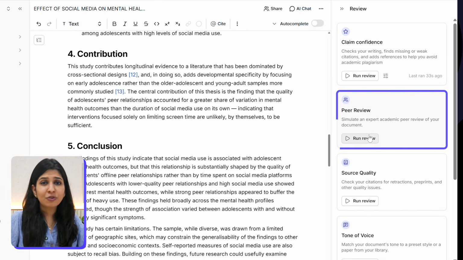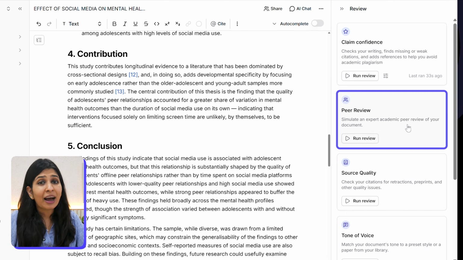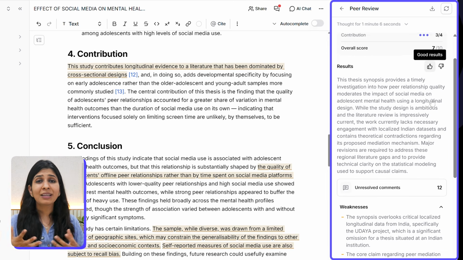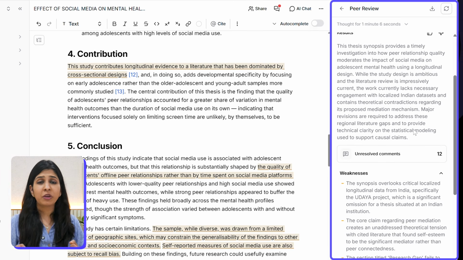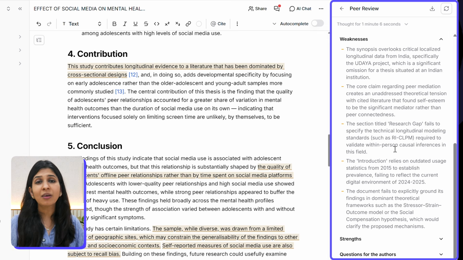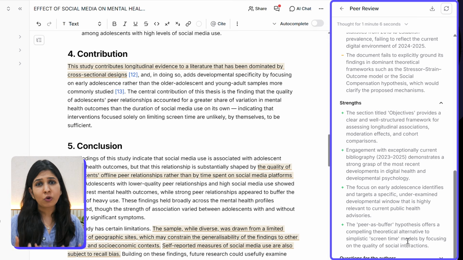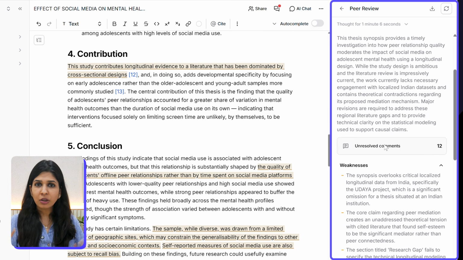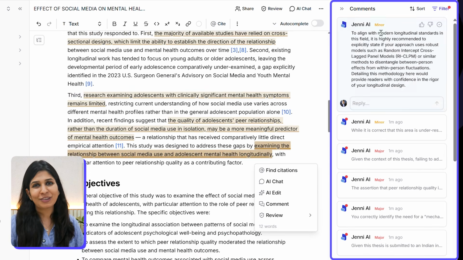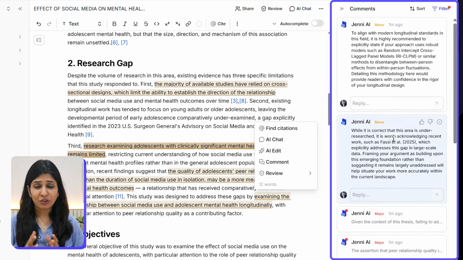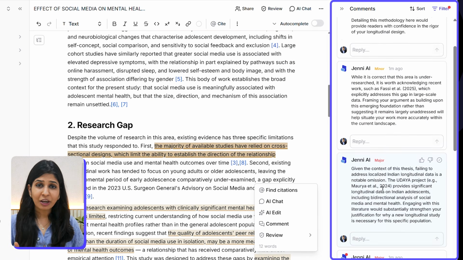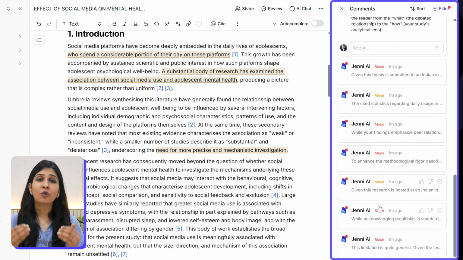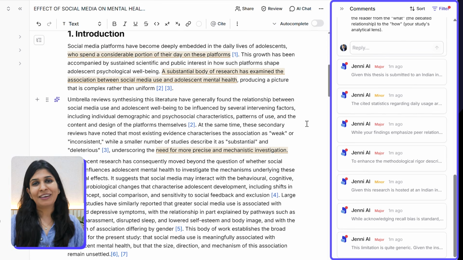After this, the next review feature that you should go for, and the one that I highly recommend, is peer review, where Jenny goes through your document as an expert academic peer reviewer and gives you feedback as to how to further strengthen the arguments, strengthen the overall quality of your document. It's almost like your supervisor, the academic committee, going through your document before you've actually submitted it. So based on the suggestions you receive, you can make the necessary corrections in your document, and once you've done all these steps, I can assure you that your document is going to be absolutely ready for submission.